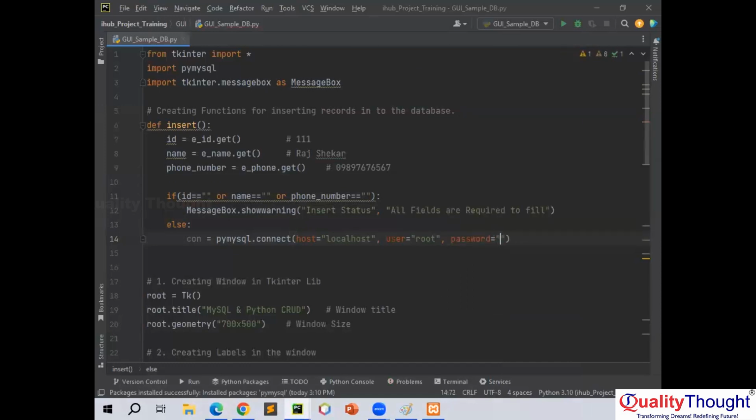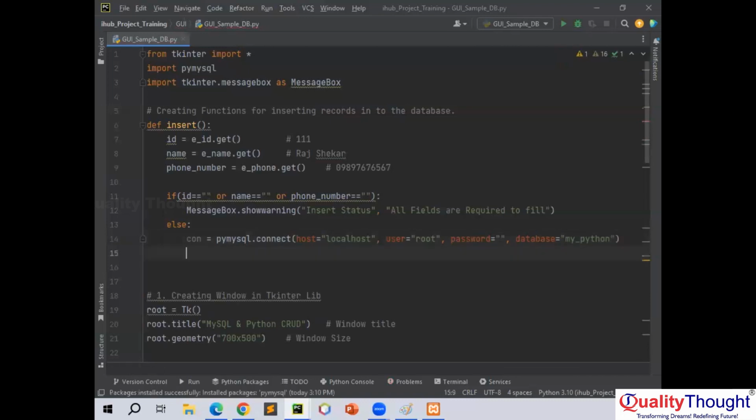ఎంప్టీ, పాస్వర్డ్ అనేది ఎంప్టీగా కామా. I want to take it as a database equals to, what is our database name? My_Python is our particular database. ఇప్పుడు నేను నా పర్టికులర్ డేటాబేస్ కనెక్షన్ అనేది ప్రొవైడ్ చేశాను యాక్చువల్ గా. దేనికి? ఈ పర్టికులర్ PyMySQL అనేది నా ఫ్రంట్ ఎండ్ డిజైన్ కి, నా పర్టికులర్ బ్యాక్ ఎండ్ లో ఉన్న డేటాబేస్ రెండింటికీ